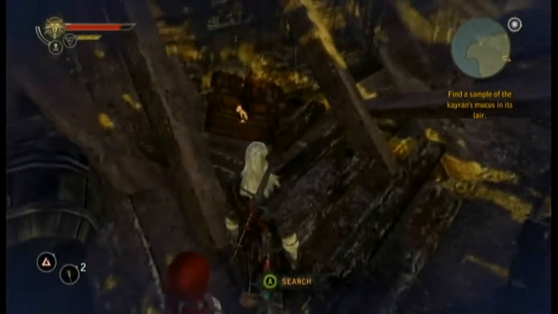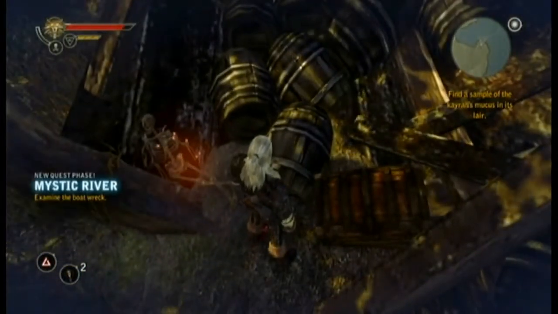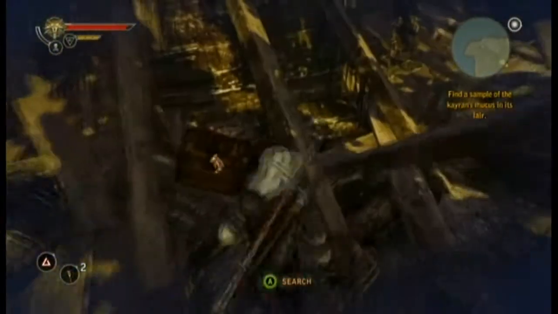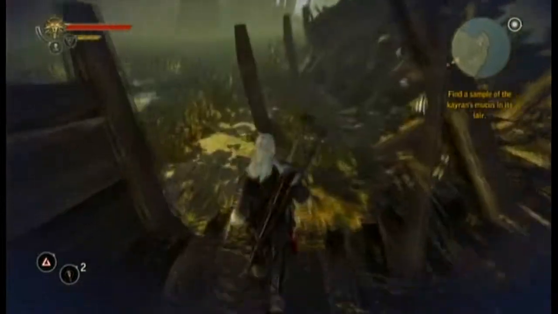You'll notice that there's a chest over here that you can't open until you come over to the left here and grab the key off of this dead guy or dead barrels, something. It's over there. And then you can unlock this chest right there, and that's going to initiate the Mystic River